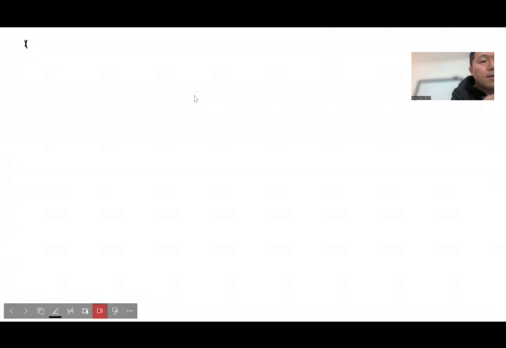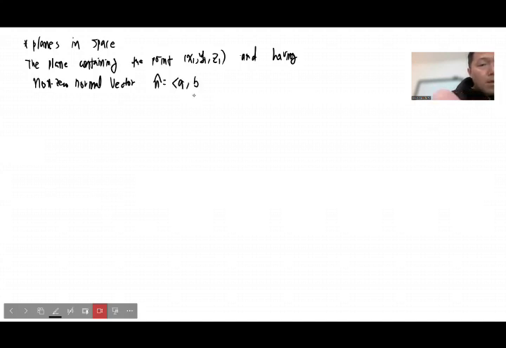So the plane in space, basically if the plane contains the point x1, y1, z1, and it has a non-zero normal vector, which is perpendicular to the surface of the plane, A, B, C,